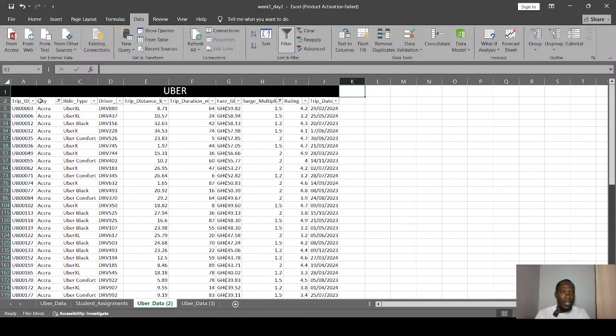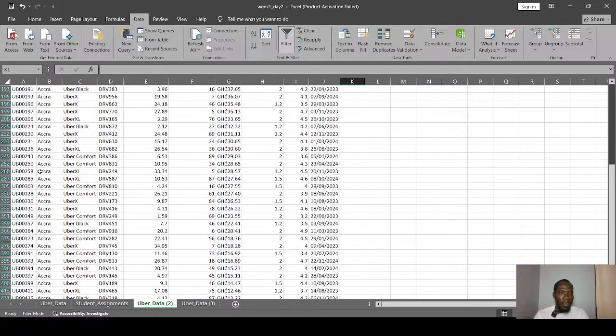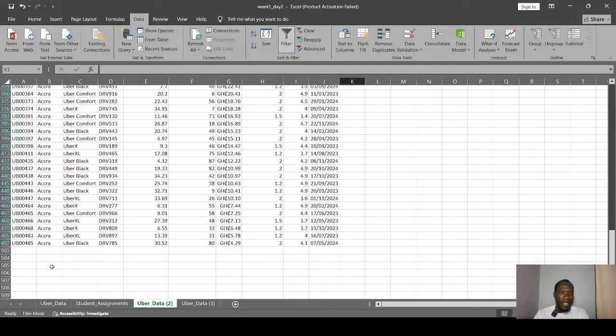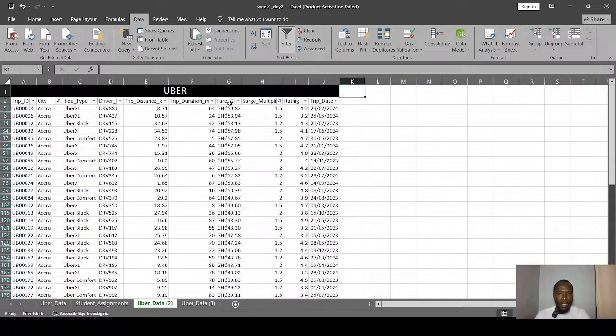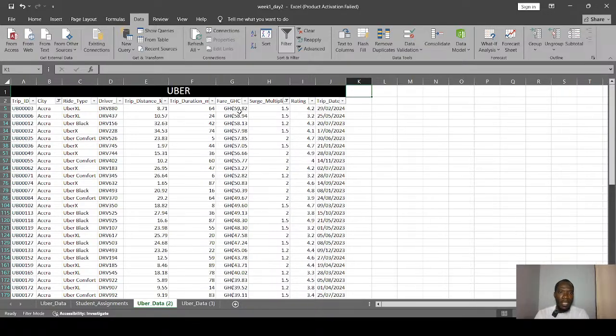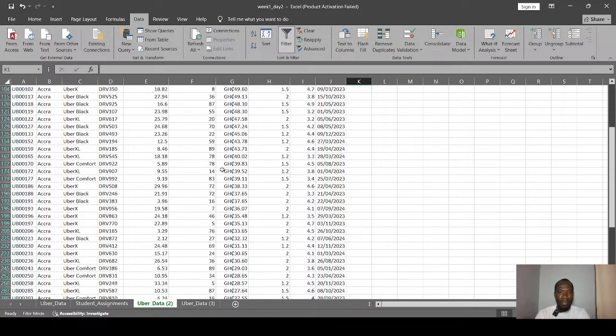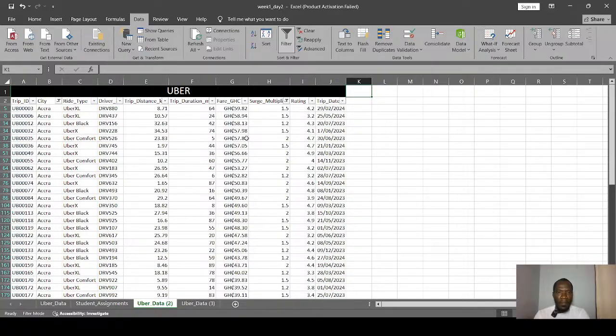So as you can see, I've done my filtering, only Accra data is here. And then the second question was to sort it according to the fare. So the first should be in descending order, that is from the highest to the lowest.